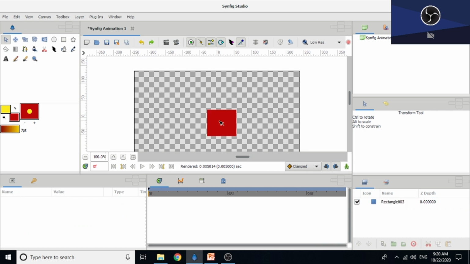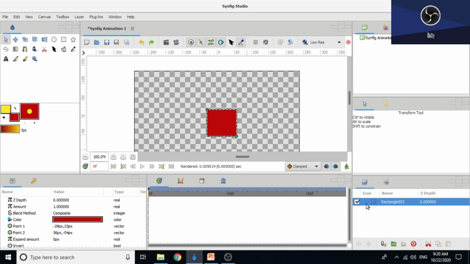If you want to move this rectangle, just click on the rectangle layer in the layers panel and then click on any duck. Then press Ctrl+A to select both the ducks. Otherwise you can press the Ctrl key and select both the ducks. After that you can move the rectangle.